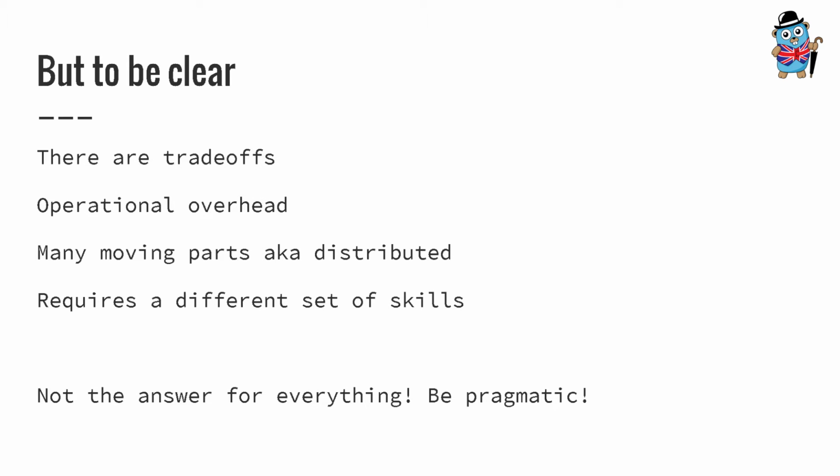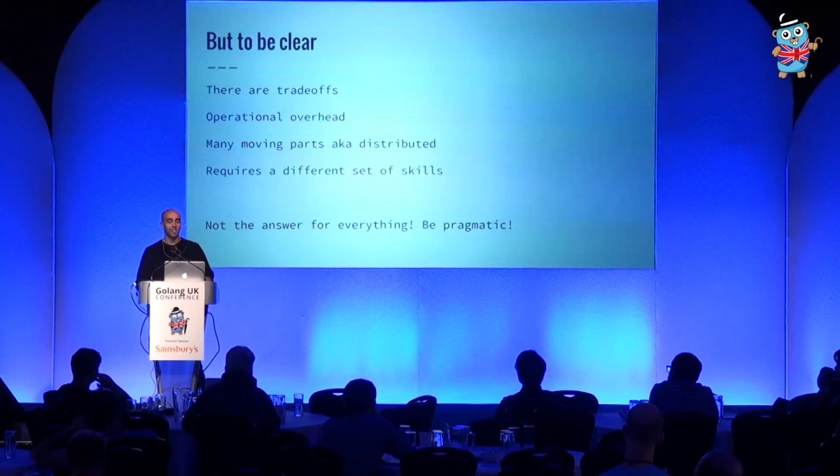But clearly we all know this. I think we've been hammering this home that there are trade-offs. It's not really the first step you would make in terms of designing software, right? There's operational overhead when you get into building distributed systems. Rather than having a few moving parts, you have many moving parts, and a lot of the times it requires a different kind of skill set to build those systems. And I think one of the things that we have to realize is this whole microservices stuff, it's not really the answer to everything. You have to be pragmatic when you're building systems, right? It's essentially an architecture pattern, and there are many patterns out there which you could use.